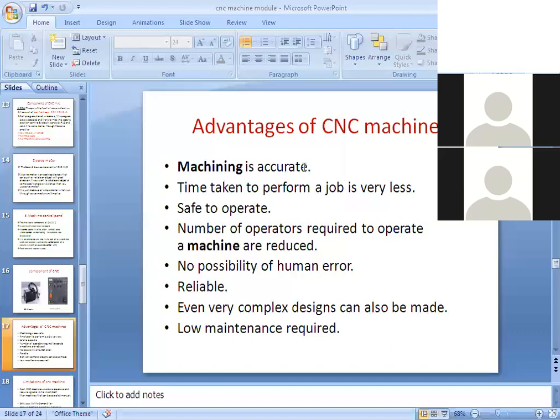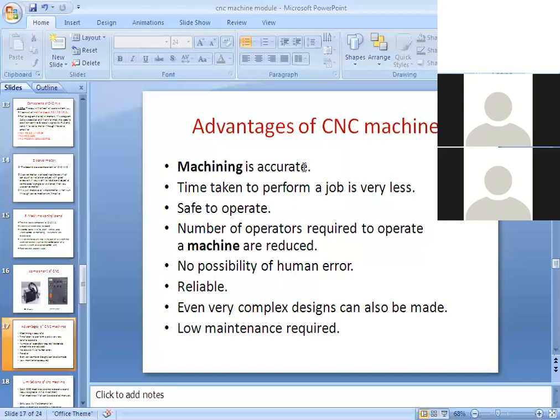So how is it safe to operate? Compared to other machines, it is the safest, because while explaining the components of the CNC machine, I said that a sliding door will be there. I am telling this from the physical point of view. If you fix the workpiece inside the jaws, the jaws hold it, and the fixtures and jigs hold it. Without a door, the lubricant we supply at high pressure, and the material being continuously removed in the material removal process, is not safe. Yes or no? If there is no door, it is not safer.